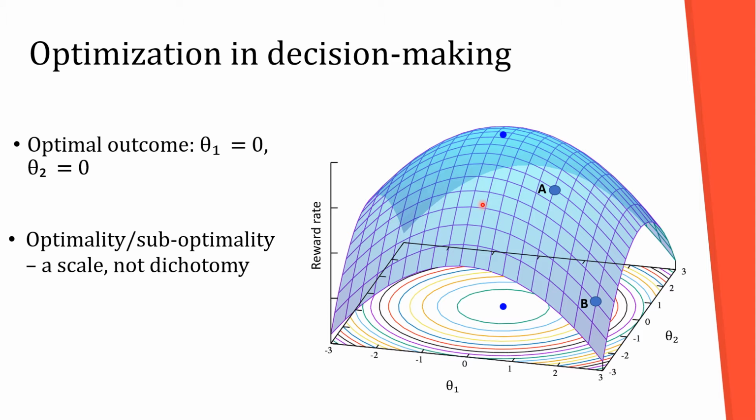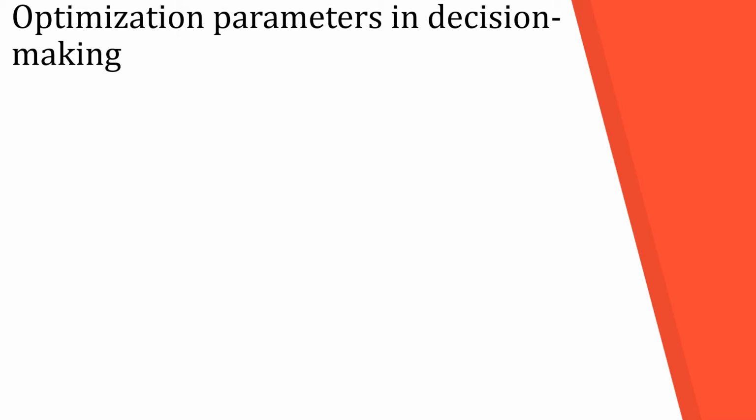By definition, note that the outcome can only be considered optimal or suboptimal with respect to the parameters being considered, in this case θ1 and θ2. A large number of parameters could be considered when we talk about optimizing decision behavior. For now, though, let's focus on the evidence accumulation framework, which assumes that participants sample and integrate noisy evidence until it reaches a predefined level, a decision threshold, which triggers a decision.